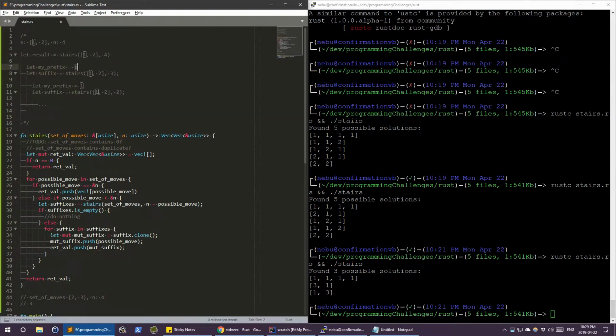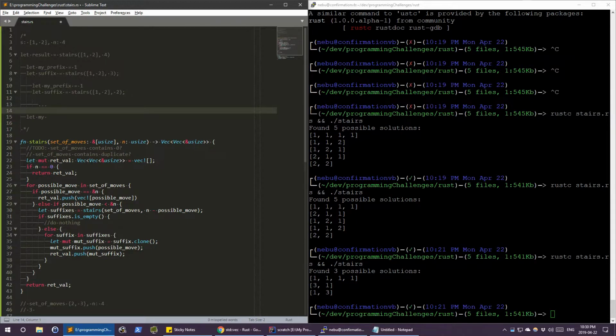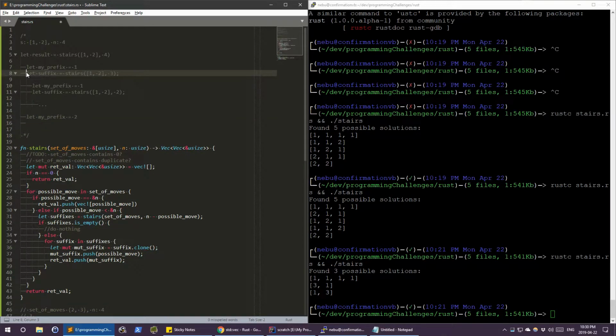But this one here was only one of my 2 possible moves, right? The other possible move I could have done was take 2 steps. So then at this level of the recursion, I would say, okay, let me now consider what happens if I make my prefix be 2. And so I would then call, let's suffix theirs with that 2 here, because there's 4 steps and I took 2 steps, so 4 minus 2 is 2. So I have to compute this,